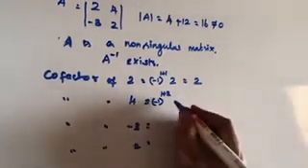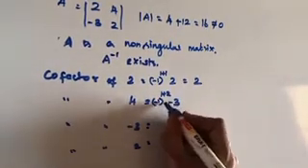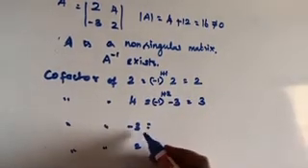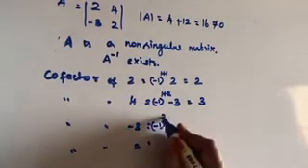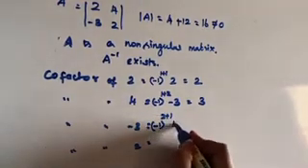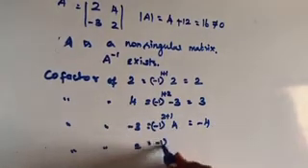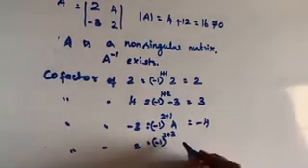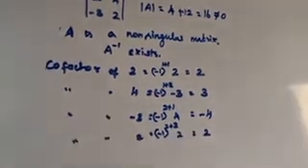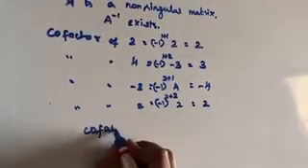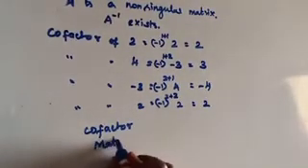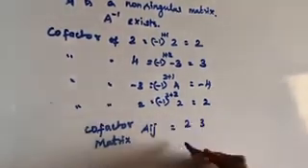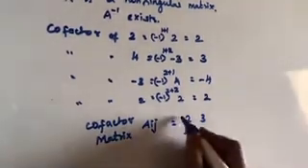So 1 plus 2 into minus 3. Here it is minus 1 into minus 3, it is 3. Similarly, for minus 3, in the second row, first column, minus 1 power 2 plus 1, the minor is 4, so it is minus 4. Similarly, the last one, 2, it is second row, second column, so it is 2. Now we can write the cofactor matrix. The cofactor matrix Aij is 2, 3, minus 4, 2.